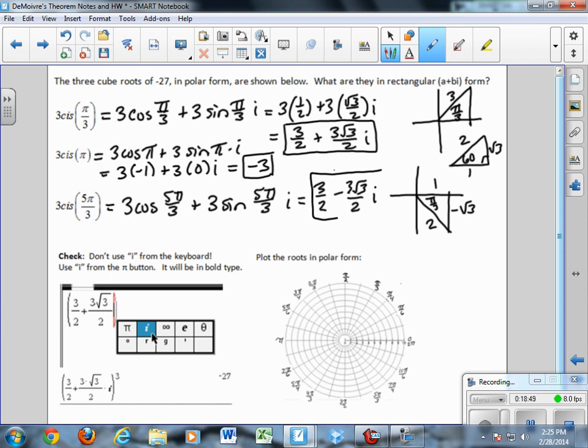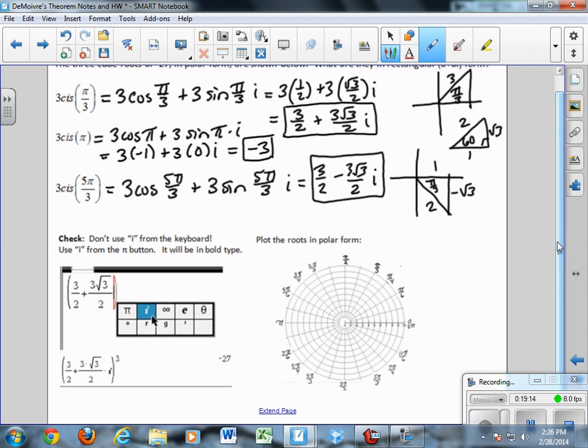You will find that both the polar form of the roots and the rectangular form of the roots follow nice patterns. You will see repetition. And so if you have to find multiple roots, you expect to see that repetition. And sometimes you'll be able to just kind of know what's going to come next. Now, something else for me to tell you about the 3 roots is if I plot these 3 roots in either polar or rectangular form, although it's easier right now to do the polar form,